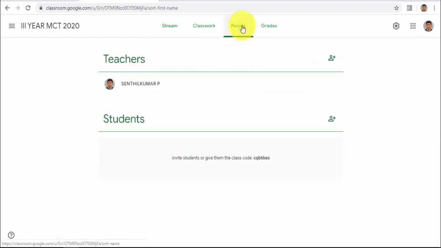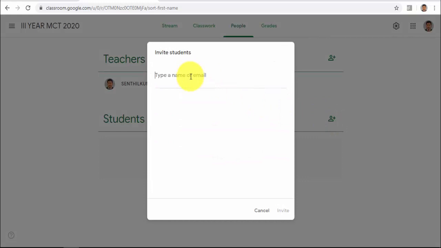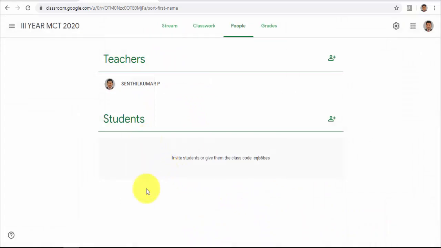Otherwise, if you know the email IDs of all your students, then you can send an invitation by email. Once the student accepts that invitation, they can join the class. Just now I created the class, so there are no students. There are two ways through which your students can join your class: one through this password, and another through their Gmail account. Once you know the Gmail ID of your students, you can send an invitation. The other way, they can use this password to join your classroom.